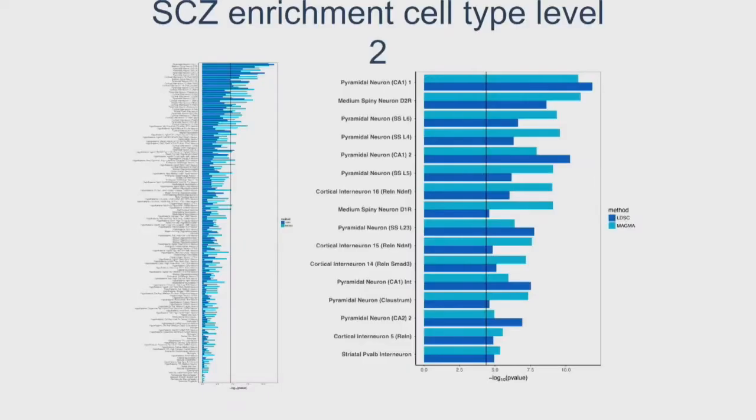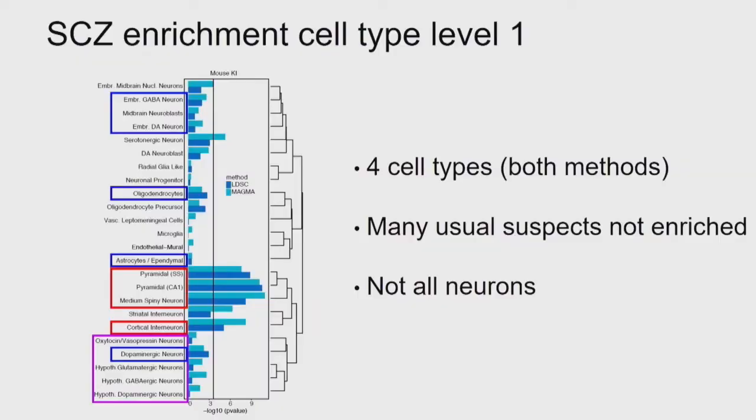And more importantly also, whoops, sorry, one step too far. It's not in all neurons. We do find neurons that are not enriched. So I would say that schizophrenia is largely a neuronal disease, but there is a hierarchy among the neurons. Some neurons are heavily targeted by schizophrenia risk genes and some are not.